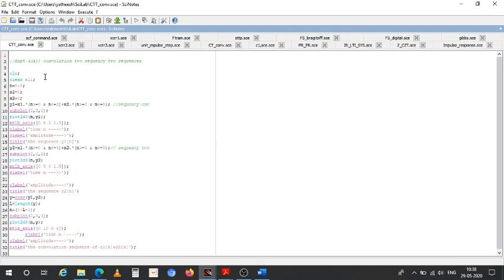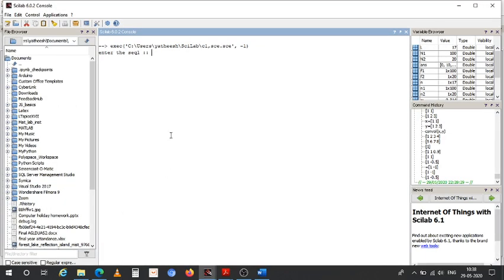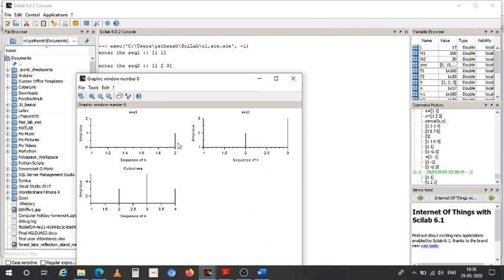You can also take the input from the user. So there is another program I am showing here. Here we are asking the user to enter some input, then plot the inputs, then convolve by passing them to the function. Let us execute. So it is asking for input. So these are the plots.